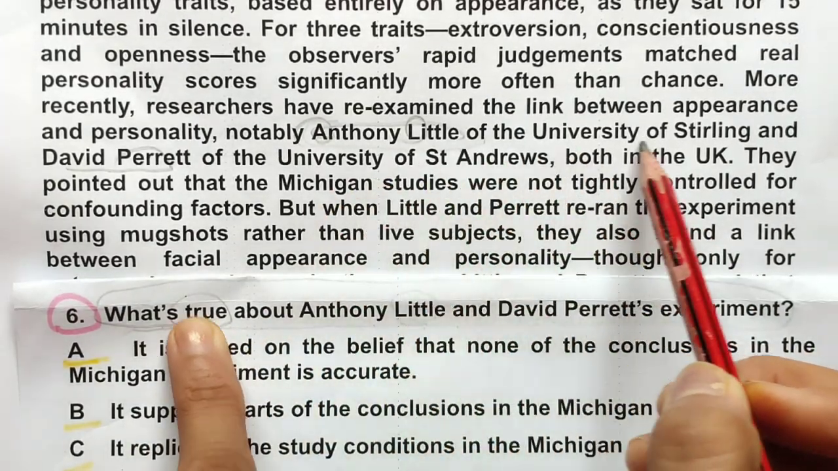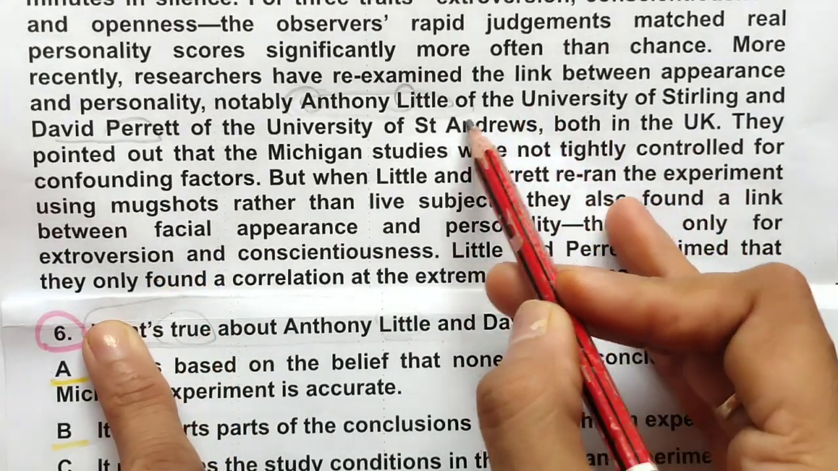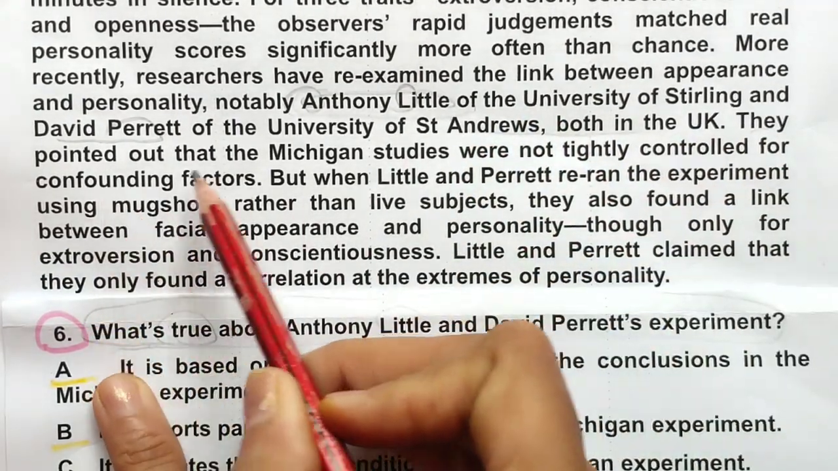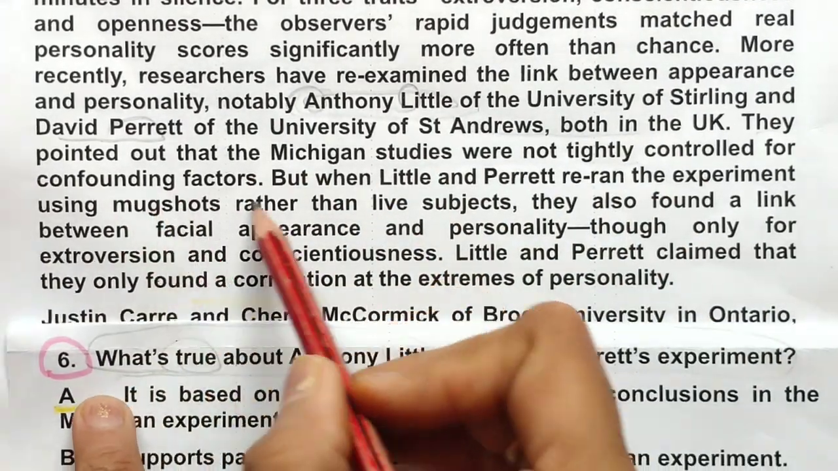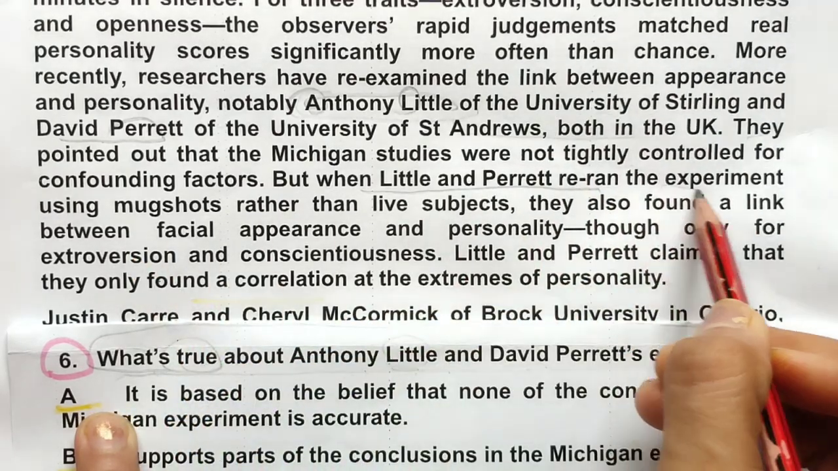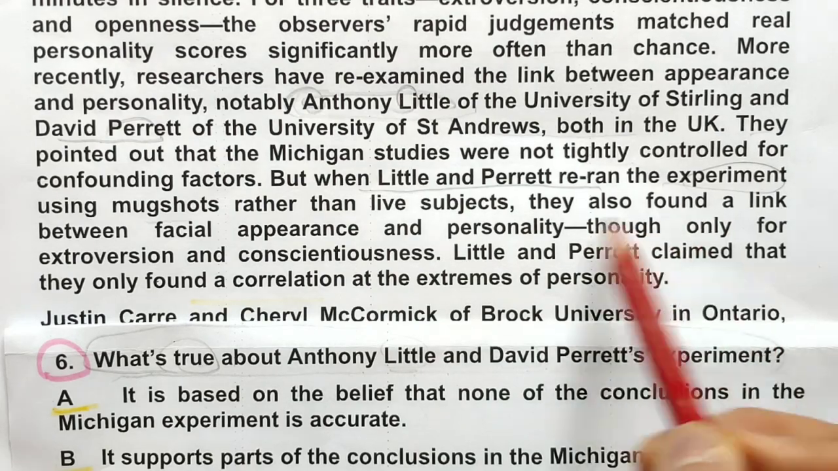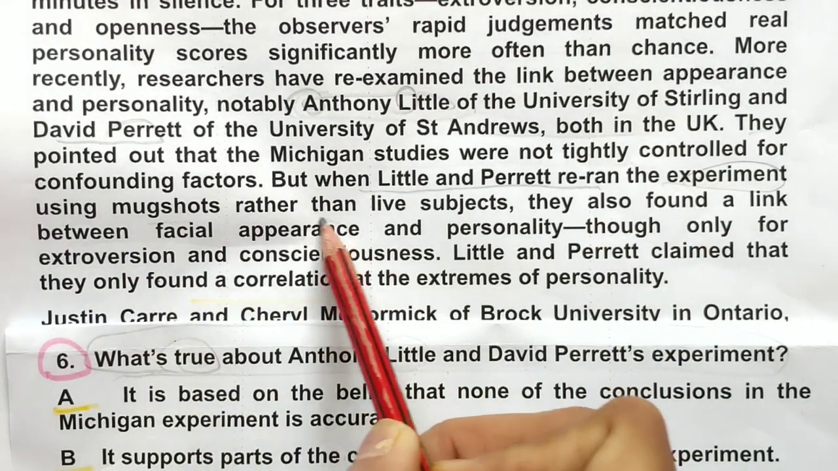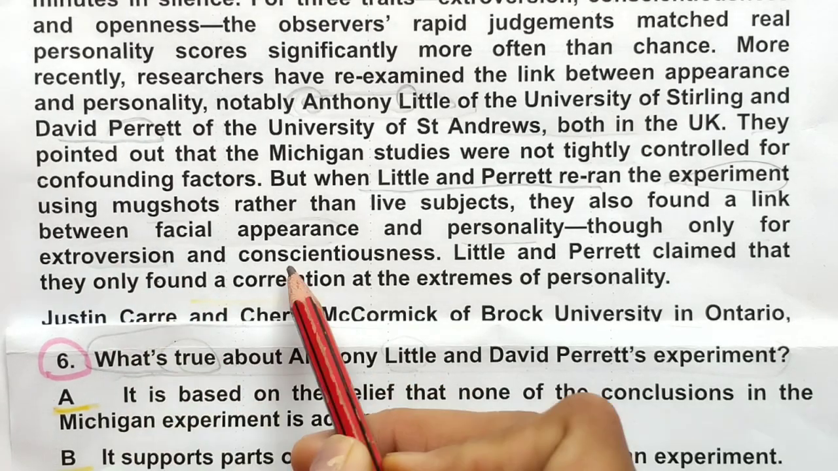Okay. I will just show it to you. Now we have to read it from here. They pointed out that Michigan studies were not tightly controlled for confounding factors, but when Little and Parrott ran the experiment, so this we are looking for, using mugshots rather than live subjects, they also found a link between facial appearance and personality, though only for extroversion and